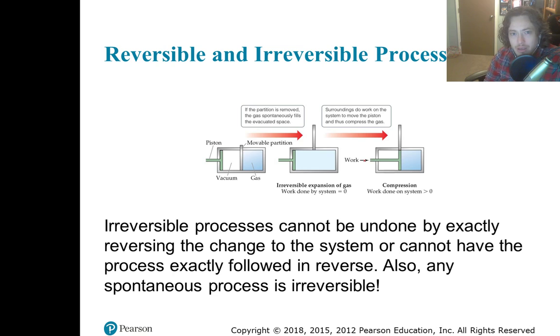Reversible and irreversible processes are vitally important, especially if you go on to study engineering, mechanical engineering, and then thermodynamics. They're really, really important things. But it's not terribly important for where the rest of the unit is going. It's mostly here just to put the little bug in your head, so when you hear it in more complex cases in future classes, it doesn't catch you completely off guard.